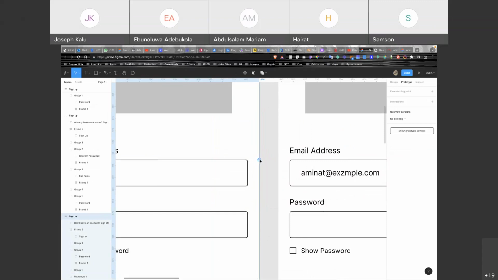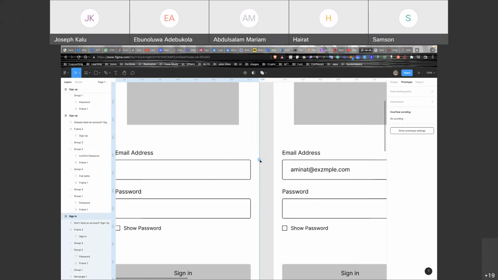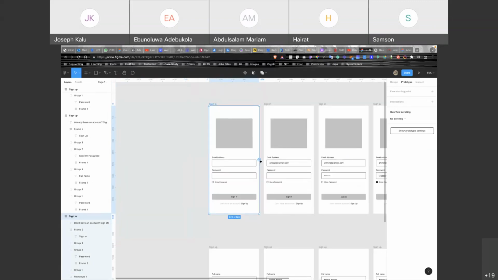What this plus sign represents is an addition. It's where you can create a link from. So this plus sign enables you to create a link from this element to another element. That's the work of this plus sign. Now the work of a prototype is just like when you have your regular application, whether it's a native application or a website. You know that when you click on a particular thing,